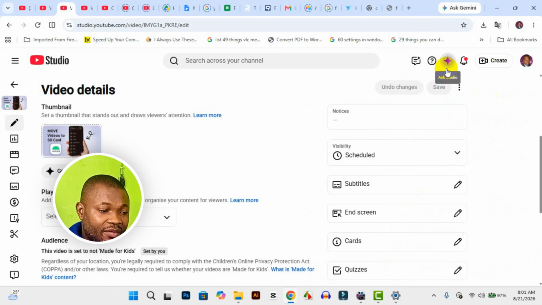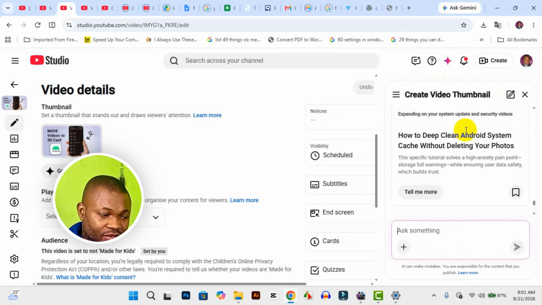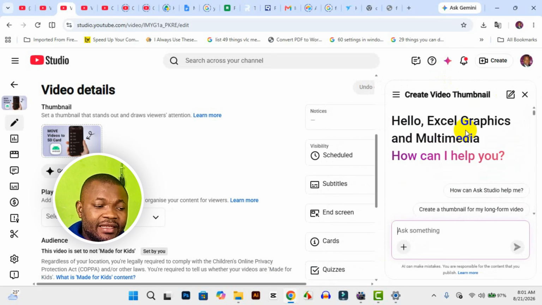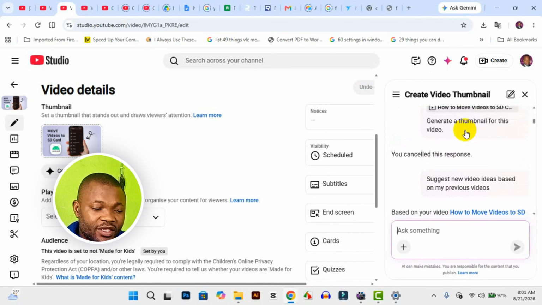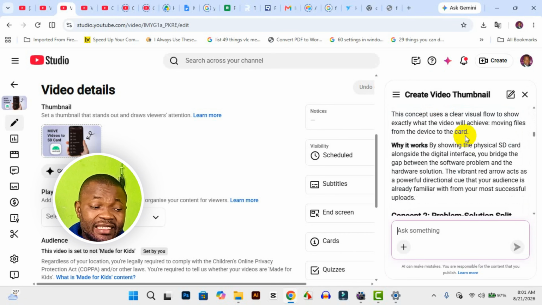So I'm going to close this tab right here and we'll come back to our Studio. Then right here, you can go on and use this particular method to get different kinds of